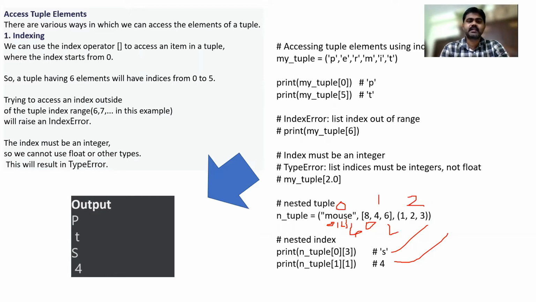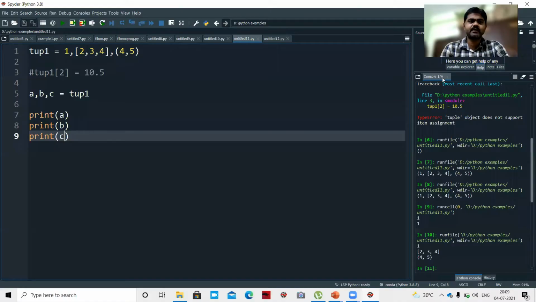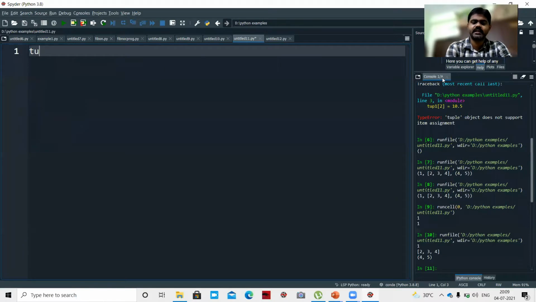First, we have created a tuple. Let us assume tuple1 equal to, in parentheses, 1, and I will give different data types: 2.3, True, some string, and now I'll use a complex data type, 1 + 2j.